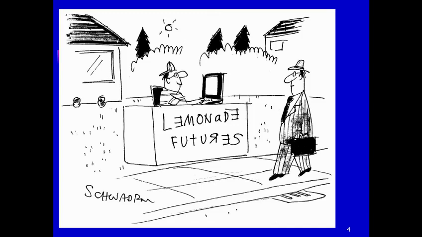This is a futures contract. With a futures contract, do you pay anything now? No, you pay nothing now. What does the businessman receive now? A contract, right? Nothing else, right? Doesn't really receive anything. When does the businessman have to pay the $5? Yeah, in the future, right? In the future. And when does he receive the lemonade? In the future.